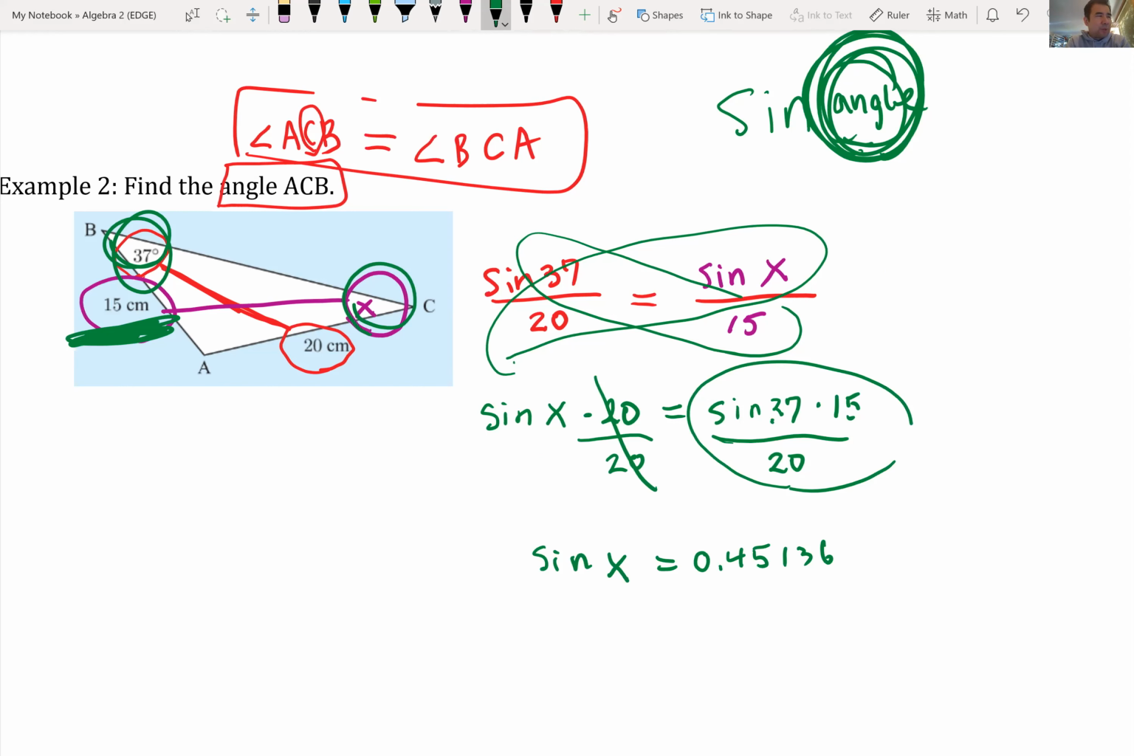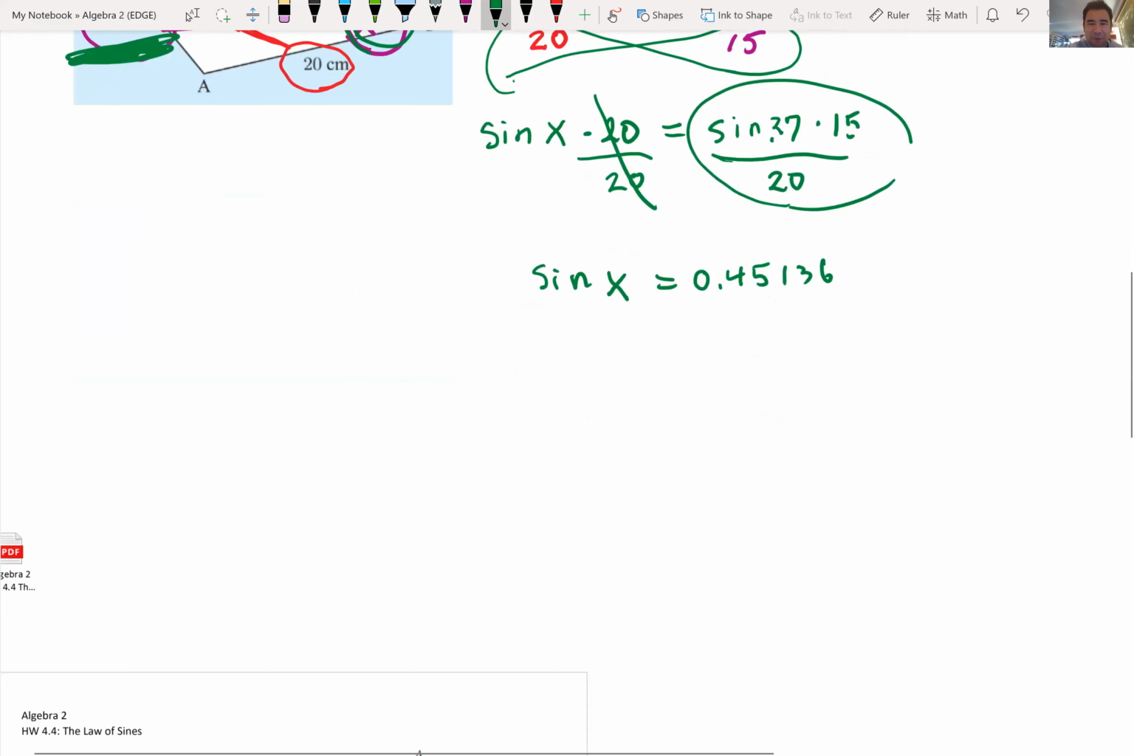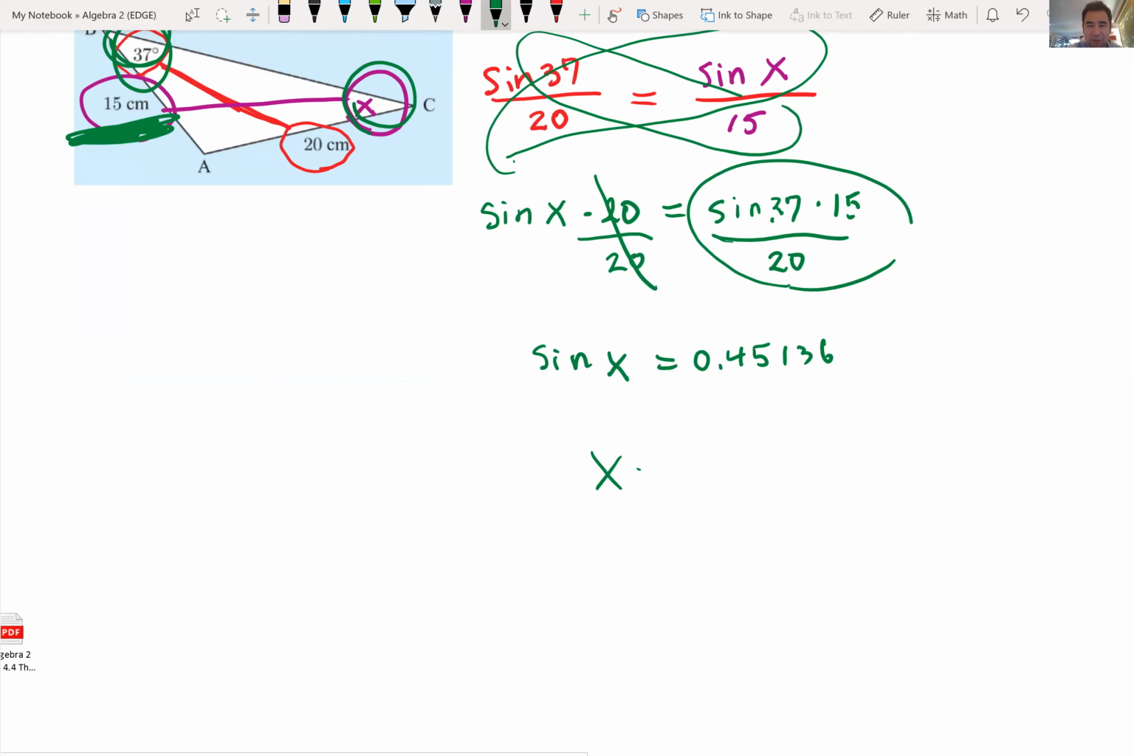Do you guys remember what's the key word here? How do you find an angle measurement? You're going to use inverse, right? Inverse sine. To find the angle measurement, use inverse. So the final step will be x equals inverse sine of